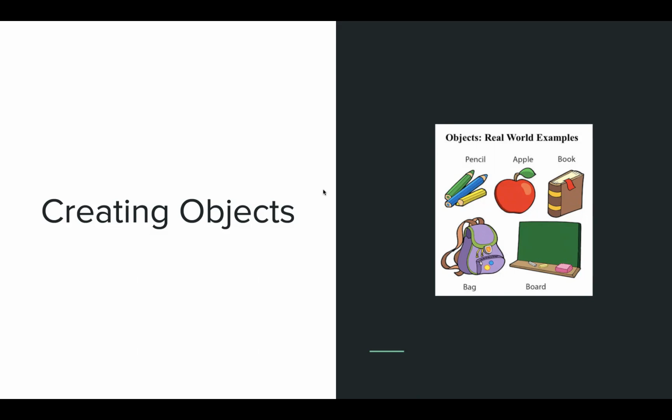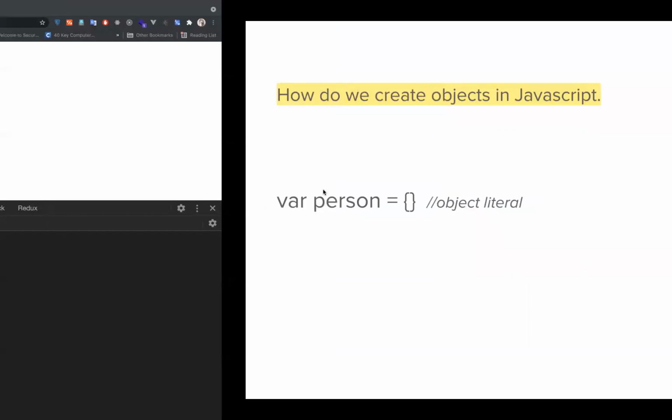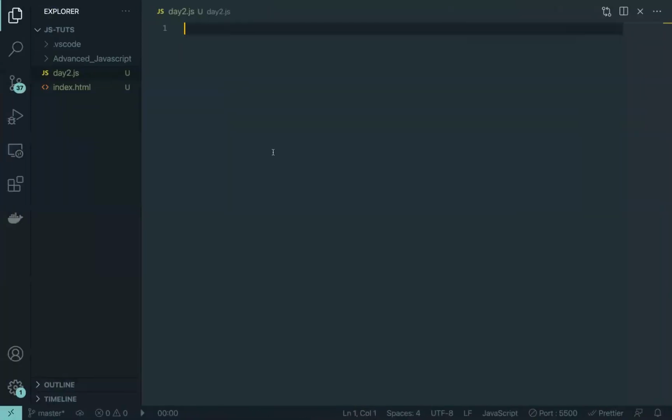You can basically list down their properties in key value pairs, and that really helps us in solving our day-to-day problems. Now, how are we creating objects in JavaScript for now? Obviously, it's a very simple syntax. So person1 is equal to